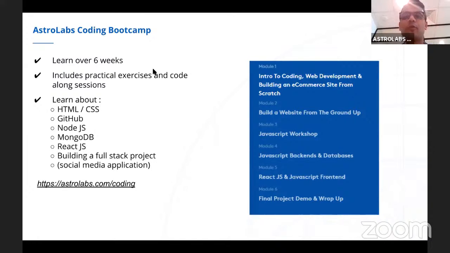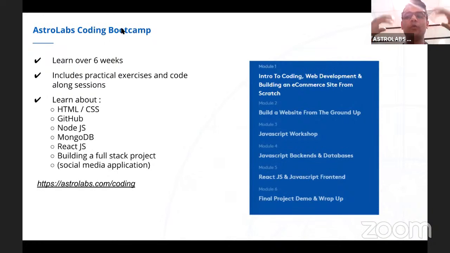So just before we wrap everything up, I just wanted to quickly take you through what we do at Astral Labs. Danny obviously spoke the major part about the coding bootcamp, as to how insightful and resourceful it is, even though it's spread across 6 weeks. You come in as someone who has absolutely no idea, but you walk out with a very deep and thorough understanding of how coding works.